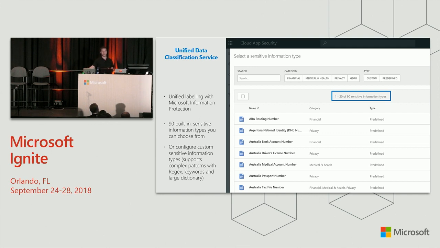So the question was, would this replace the compliance and the Security and Compliance Center capabilities for DLP? So the answer is no, this complements it. The way that we look at it, we build together the solution so that Microsoft Cloud App Security extends it to third-party applications. There are some things that currently you can do in Microsoft Cloud App Security that you cannot do in the Security and Compliance Center. We're working together with the Security and Compliance Center to add these capabilities. So you'll have all the capabilities if you need them for Office within the Security and Compliance Center. Exactly. And Microsoft Cloud App Security will extend it to your third-party applications.